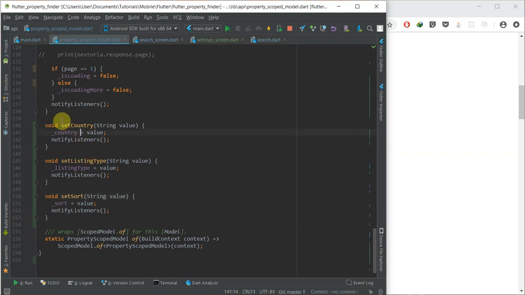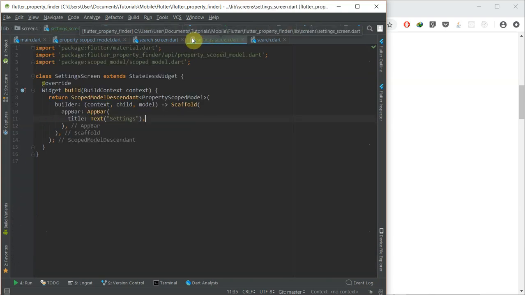So these are the three. We have setCountry, setListingType, and setSort. So the new value is going to be gotten from where we call this function, and we call notifyListeners to update all our values from our model. So this is it. So the next thing to do would be to go over to our settings screen, and let us create